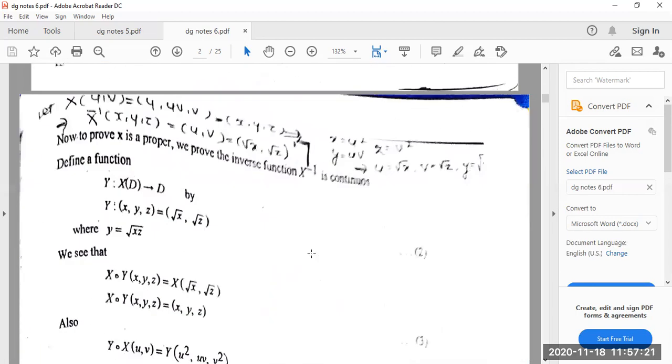So the thing we have written here is y of xyz is equal to some function of u and v. Here we have three variables x, y, z, while in the target we have only two variables, u and v. So y of xyz is equal to, first you have to write down uv. And how are you going to calculate the value of uv? Here you have to write it as